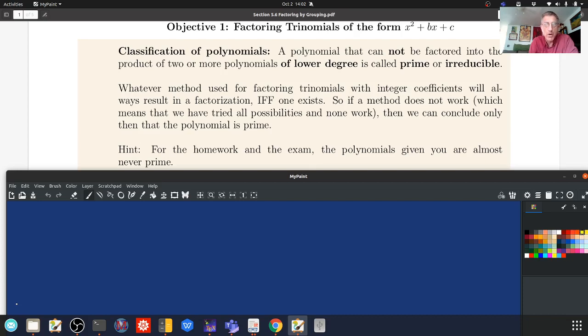Here is the homework hint. For your homework, not so much as your exam, this is really designed for the exam, the polynomials given to you are almost never prime. If there's any prime on the exam, there will only be one. Pretty much this is an exercise in learning how to factor. So let me talk about